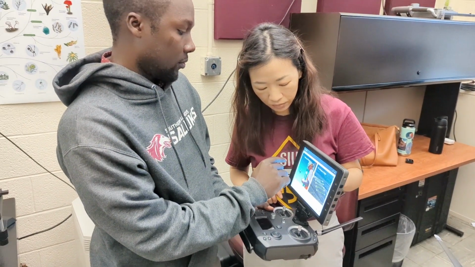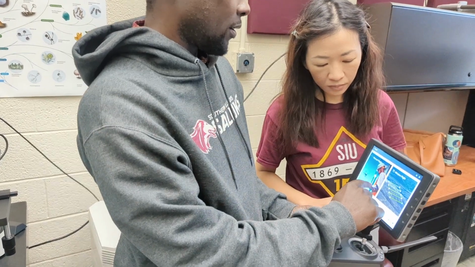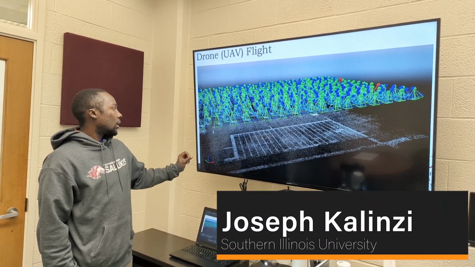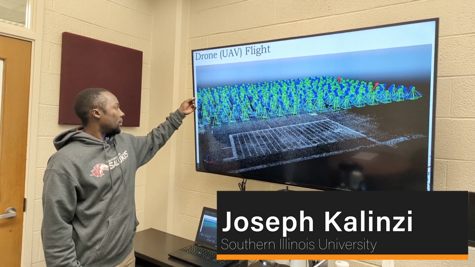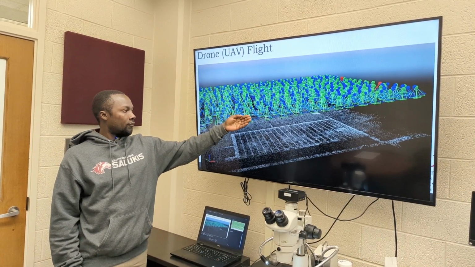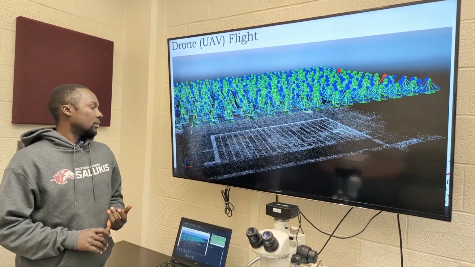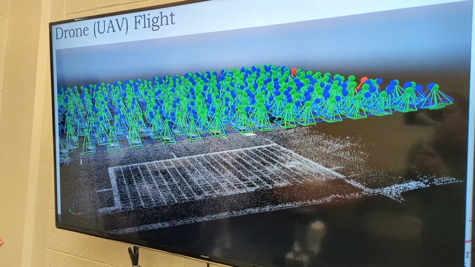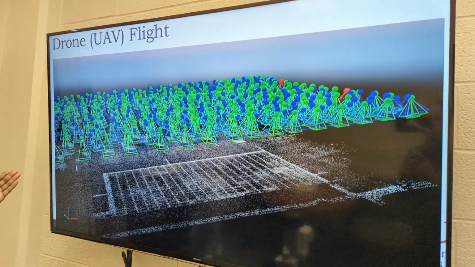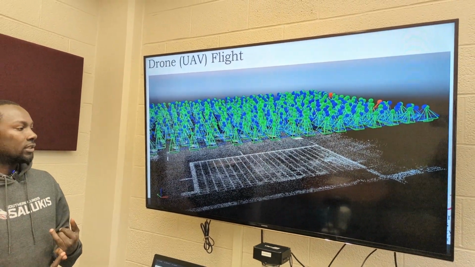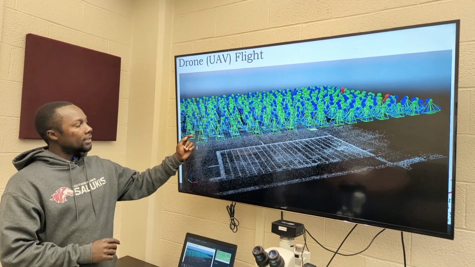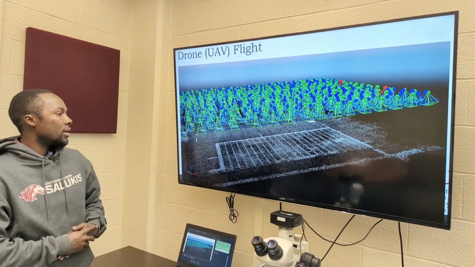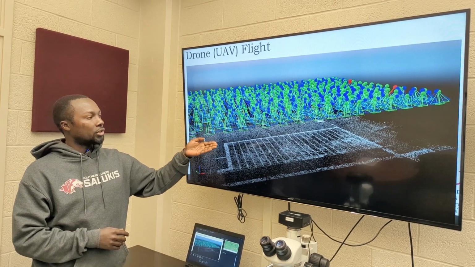My name is Joseph Moses Kalinzi, currently pursuing a Master of Science in Geography and Environmental Resources. What we see on screen are the snapshots taken by the drone. The different points that you see are the points where the drone takes pictures as it flies across the field. You set up the flight height, the overlap size, and the speed of the drone. Once the drone goes up, it follows the flight plan you've set for it, and as it goes through the path, it takes snapshots of the study field down here. At the end of the flight, we receive these images and stitch them